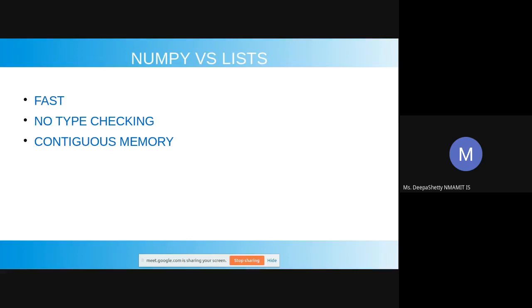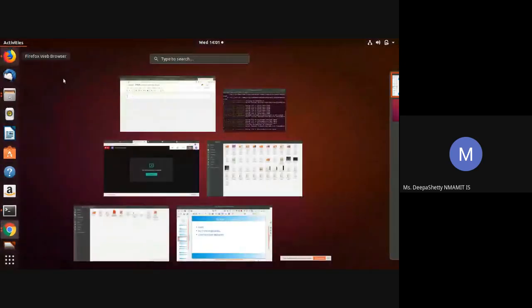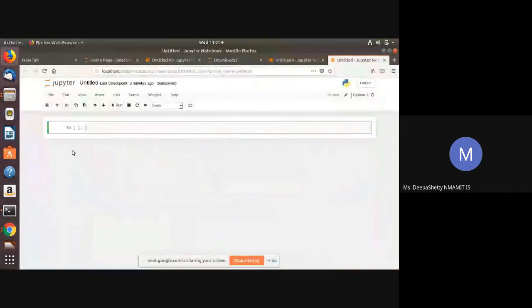Now, let us see how to use this NumPy package in Jupyter Notebook. So first we need to open Jupyter Notebook. The first thing we need to do is install the NumPy package.